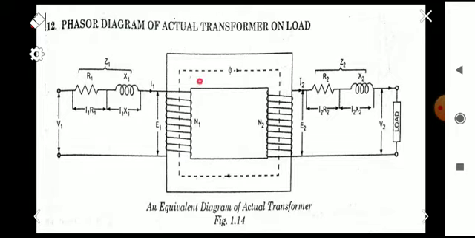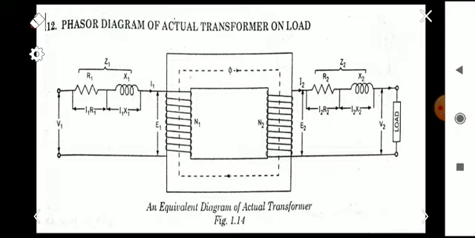Here you can see this is the core, and these are the primary and secondary windings, and you can see additional terms R1, X1 and R2, X2 here. These resistances R1 and R2 represent the copper loss in the primary and secondary windings respectively, and the reactances X1 and X2 are used to represent the leakage flux in the primary and